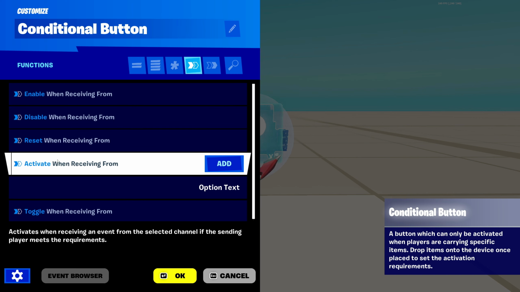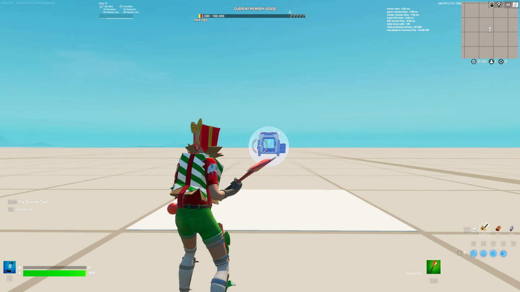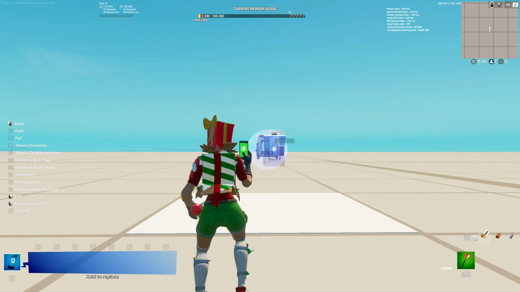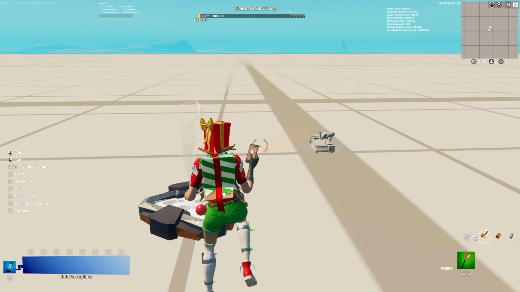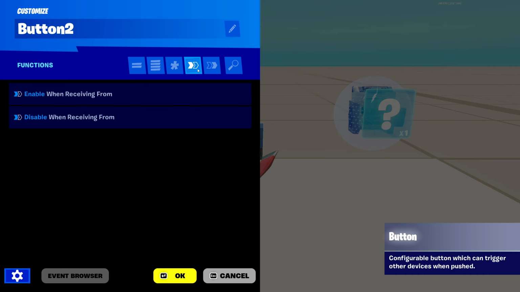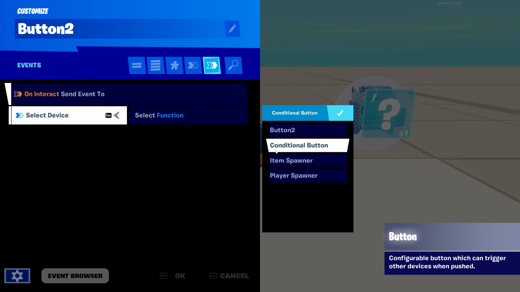So coming back to this activation one, activate when receiving from. This was a little confusing to me at the first, but I figured it out. If you take a button or a trigger or something that can send to this device, I'm going to use a button for this example. So if I place down this button, I can go into the button settings and I can go to the events tab. If I go to the on interact, it says in here, click add, select the device,